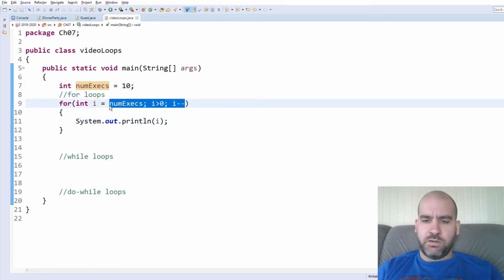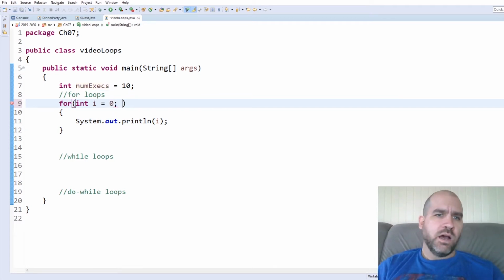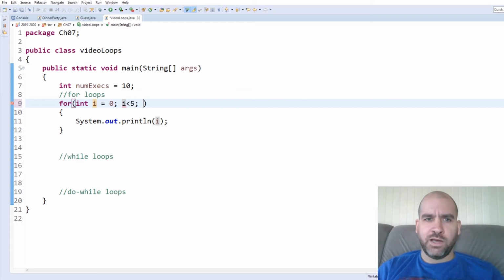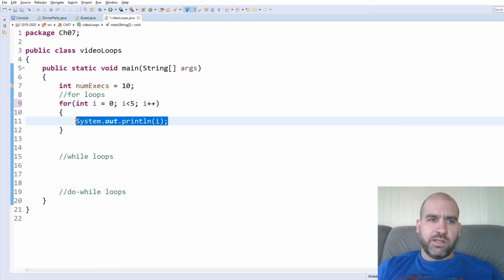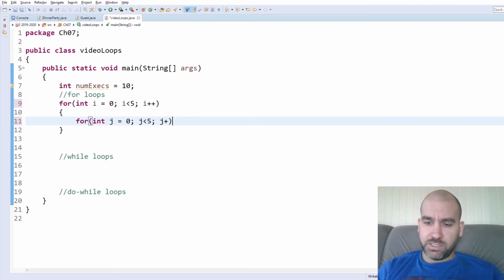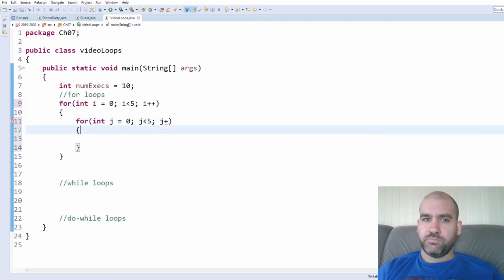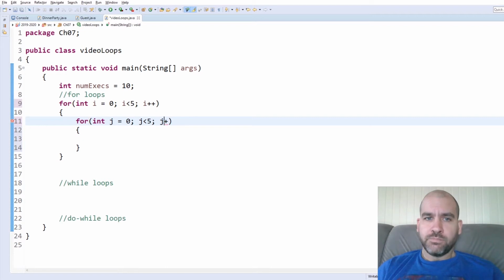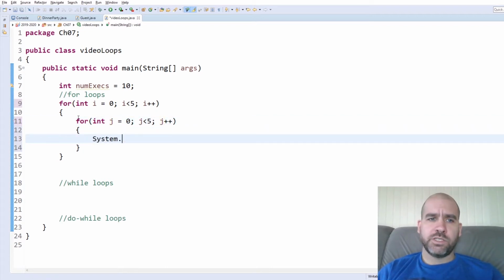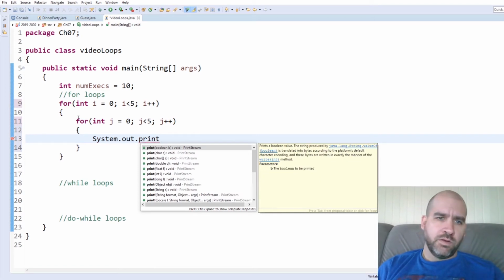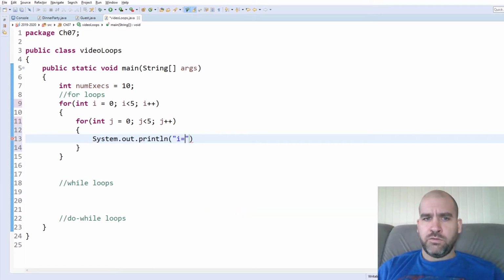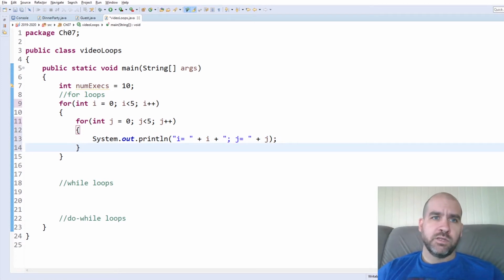You can also do nested for loops. So for i equals 0, i less than 5, i plus plus. And then inside, I'll do for j equals 0, j less than 5, j plus plus. I'm going to do System.out.println, i equals plus i, plus j equals plus j. We'll get to see those i and j values as it runs. So if we run that,